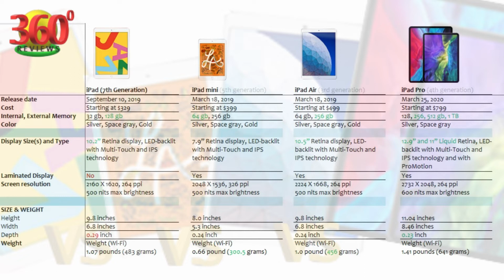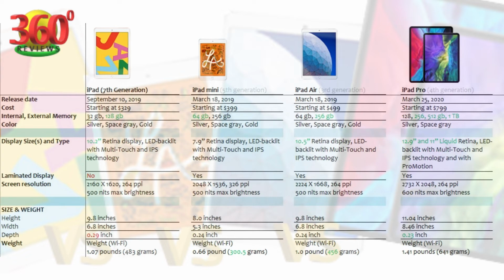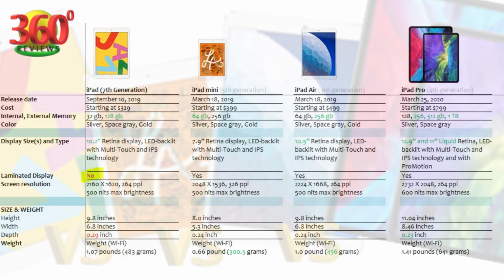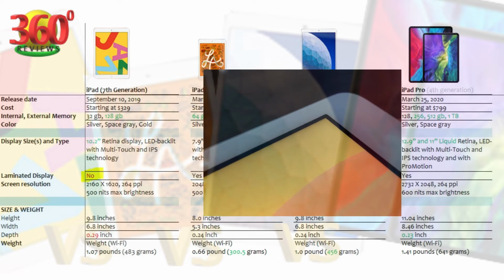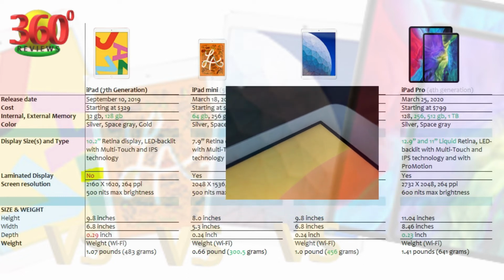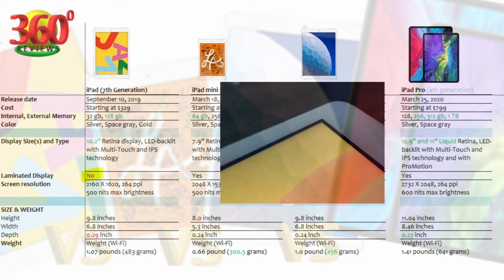As you might know, non-laminated displays will have a small space between the iPad surface and the actual LCD screen beneath it, which you can notice especially when you are doing some artistic works and when you place the pencil tip on the iPad screen. There will be a small space between your pencil tip and the LCD screen. In this picture, which is the left corner of the iPad screen, you will see a thin black line, which is what we are talking about. However, this should not create a major bad experience.